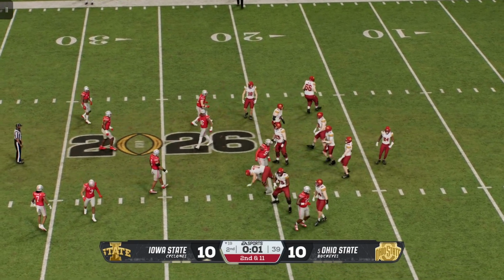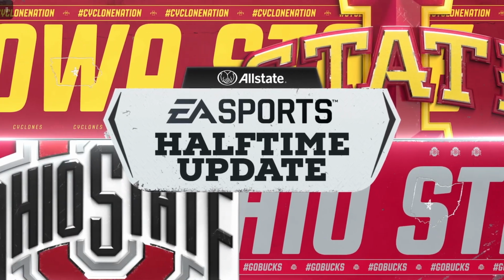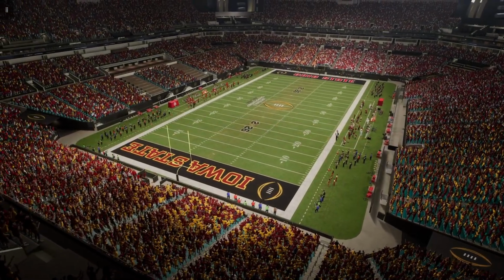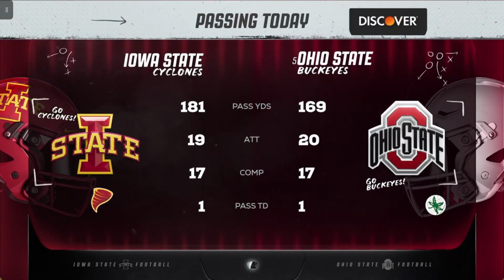It looks like the offense is content to run the clock out here and go to halftime. Talk about the second half. The minute's going to wrap up the first half here. Let's kick it down to Kevin Connors with our halftime update.